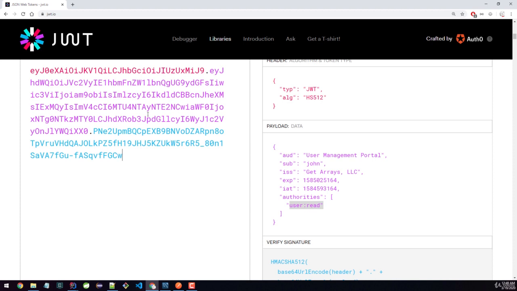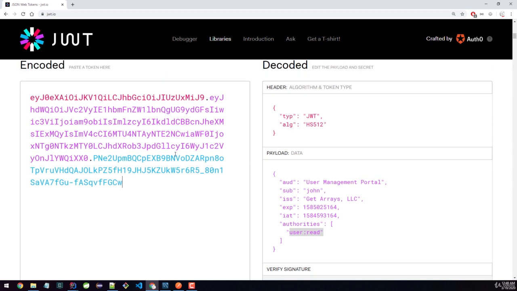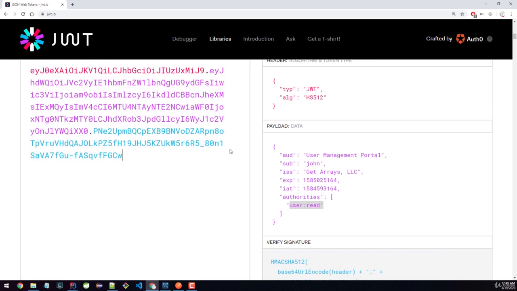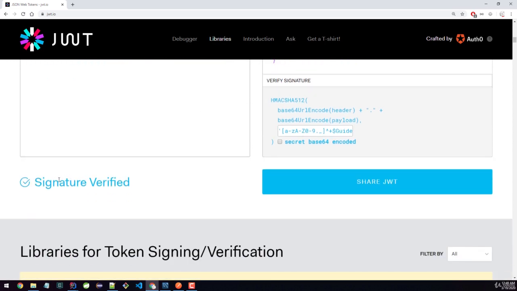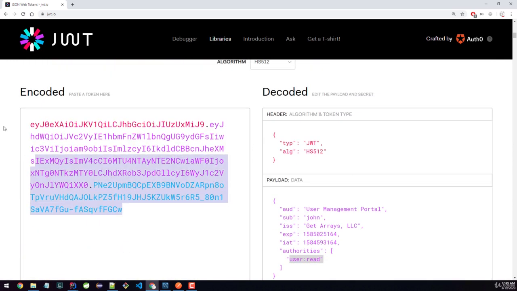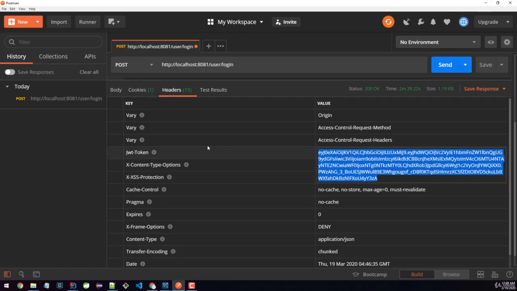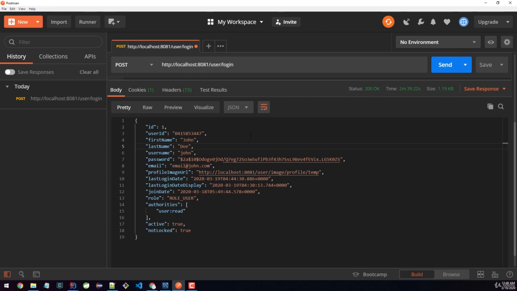That's the standard in this industry, and that's what a lot of other companies are using. So the skills that you're learning are very valuable to you. So again, here's all the information. We verify our signature, so our token is correct. At this point, we know that this login is actually working, and we also return all the user information because we're gonna need to take that information and then forward the user onto the next page